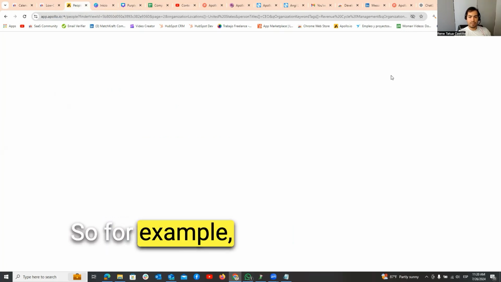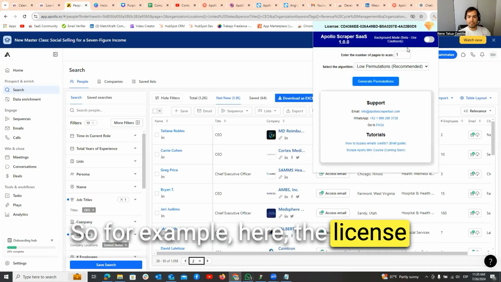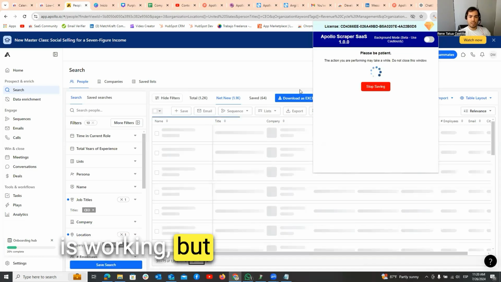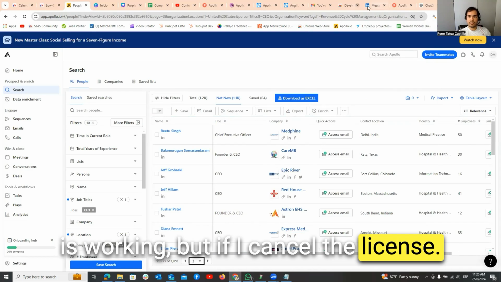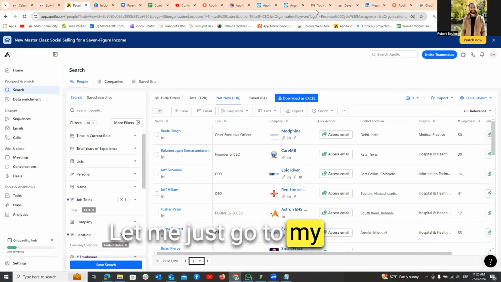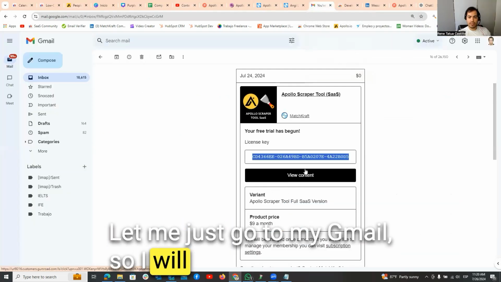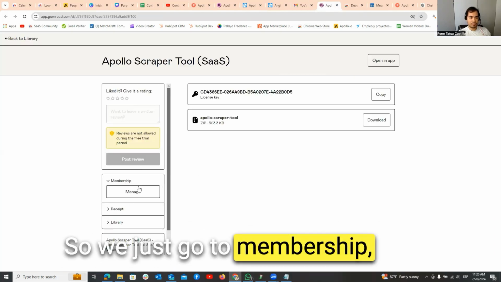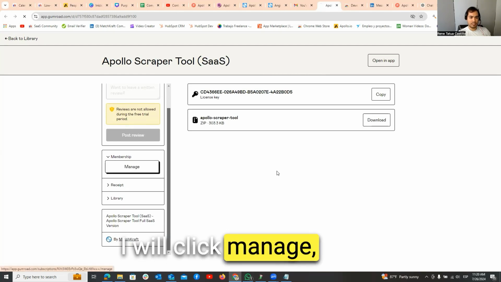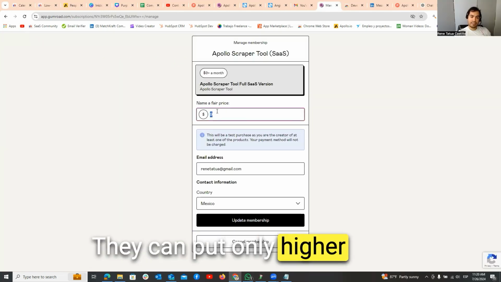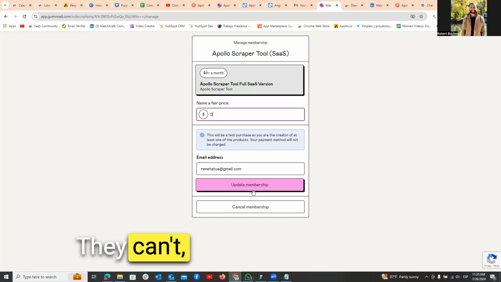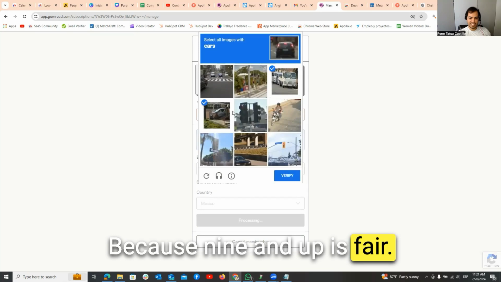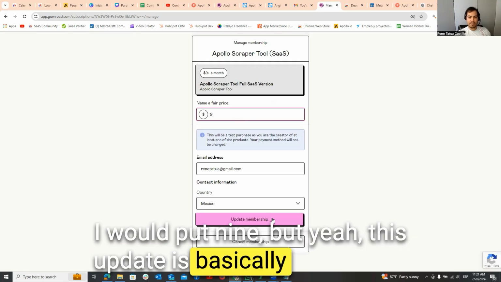So, for example, here the license is working fine. You can execute the code, it's working. But if I cancel the license, let me just go to my Gmail. So I will cancel this license. We just go to membership, I will click manage. They can only put a higher amount, they can put zero, they can't put 8, because 9 and up is fair. I will put nine, but this update is basically to change